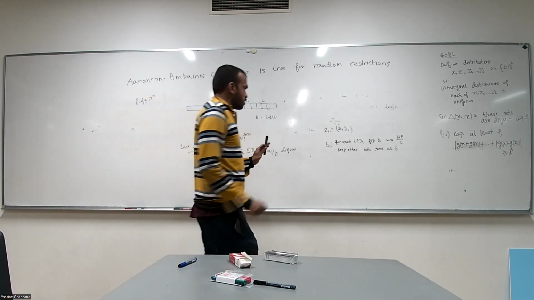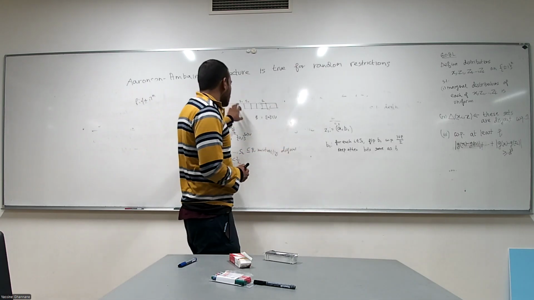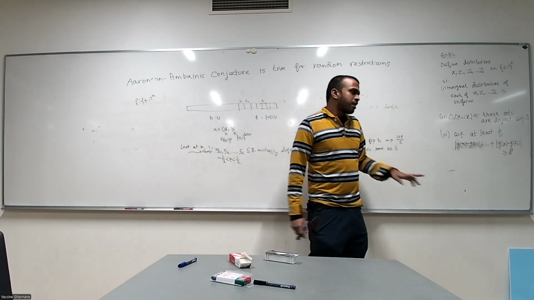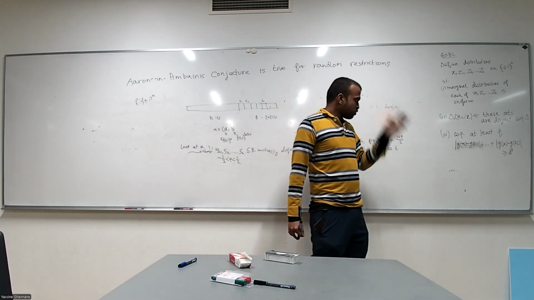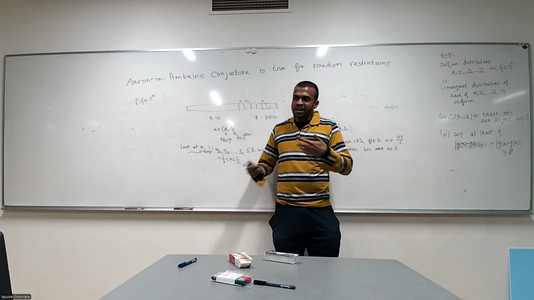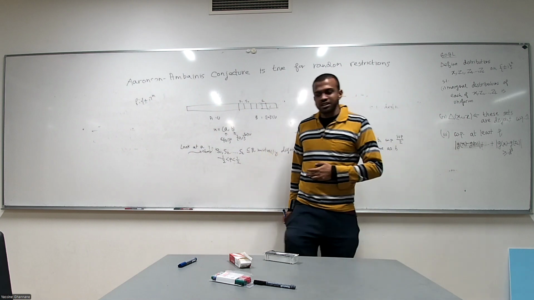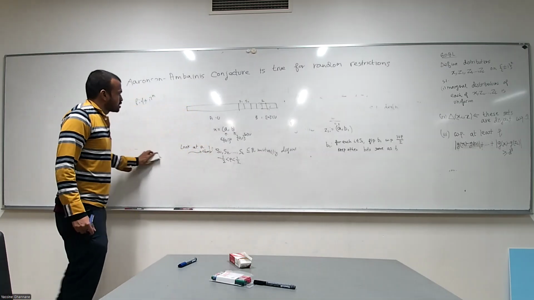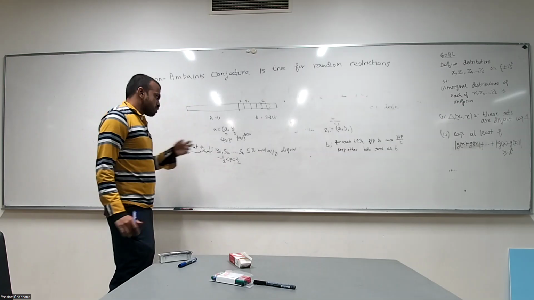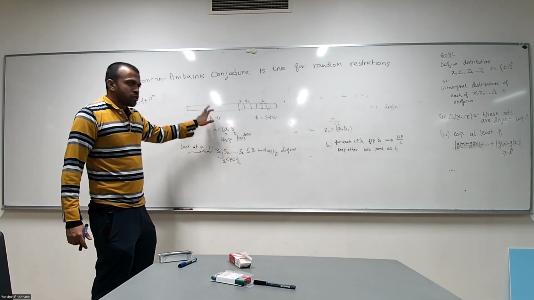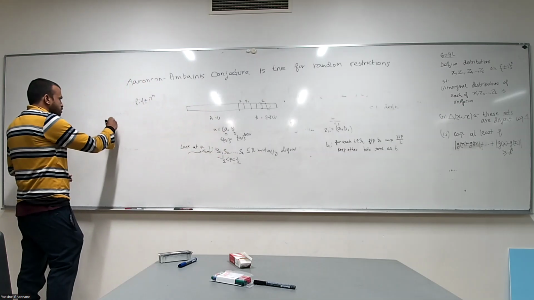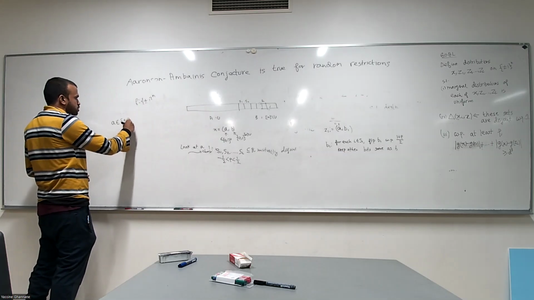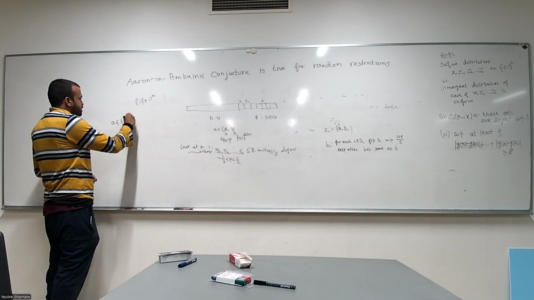So for now, what's clear is that no matter how we choose these disjoint subsets S1 to SL, properties 1 and 2 are taken care of. And we only need to take care of property 3. And for that, we need to carefully choose the S1 to SL. So let's see how to do this. And crucially, S1 to SL will depend only on the choice of A. So we look at A, and we have to choose S1 to SL.